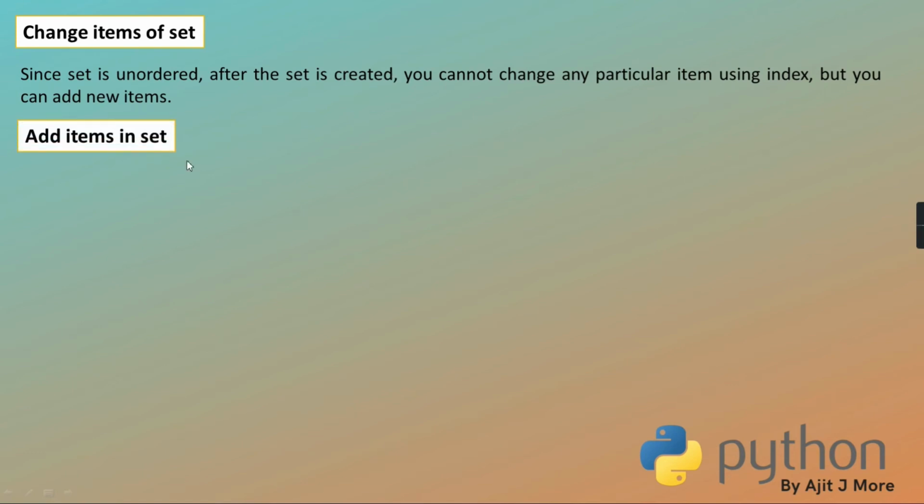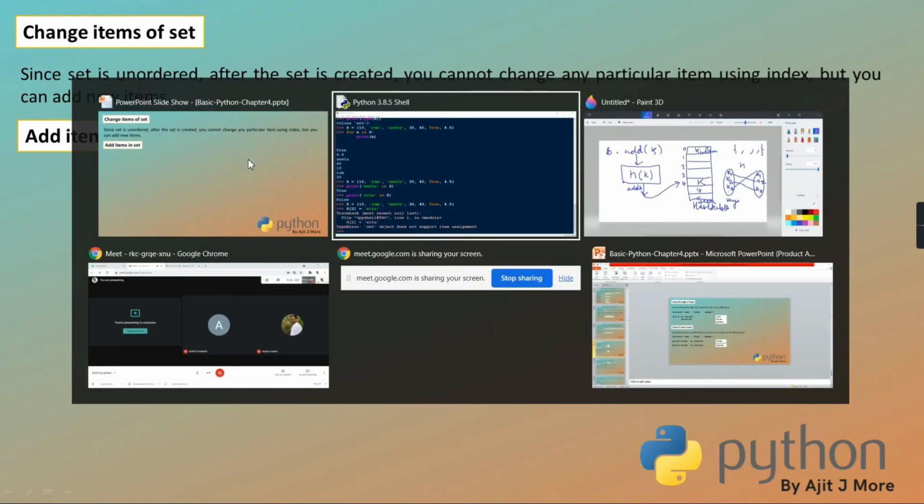See. So that's what next we are going to see. Add items in set. So to add item, there is one add method given. Not like append. Append method is different and add method is different. Append always adds at the end. And append is applicable for list. Right? And add method is applicable for set. But through add method, whatever item you will add, no guarantee where it will add. It will add according to the mapping of your key to the address, that is hash address. Okay?